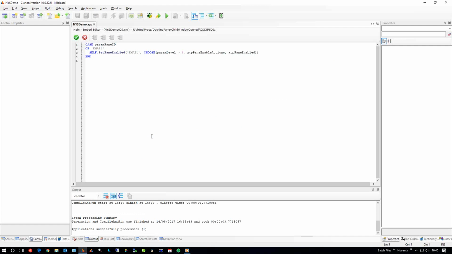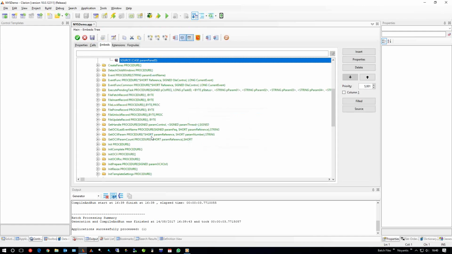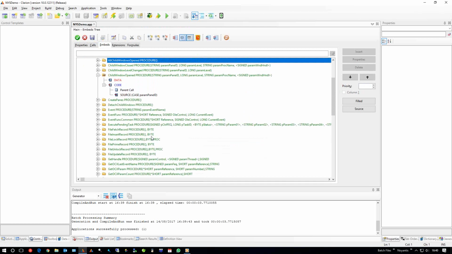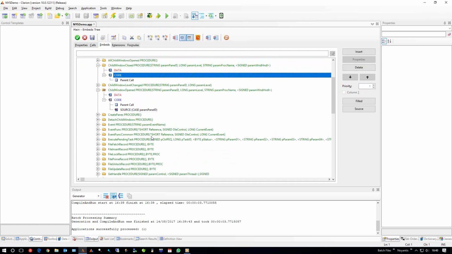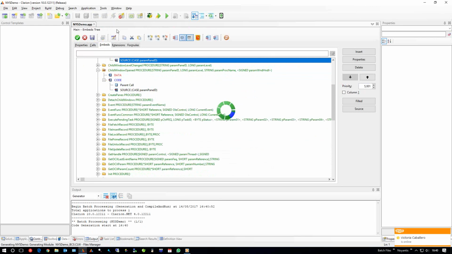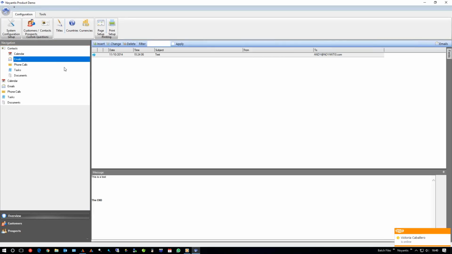That could be true of any pane if you want the truth. Oh no, because some of them are allowed to be docked and some aren't. So we'll just put it on the email for now, and we'll put it on the close of the child window as well. So if we run that, I think that will be the kind of answer you would want in your system. So yes, it's available. I can press change, but now,